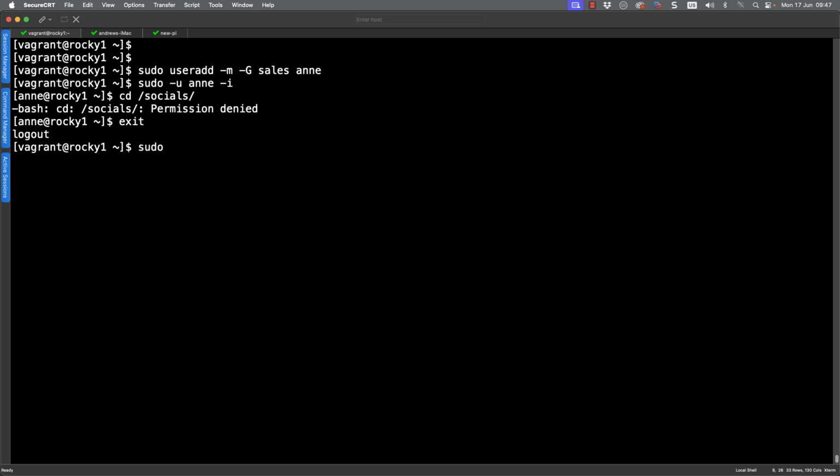So if I get back to my Vagrant, the administrative account, I can set the access control list now to include a third group. Remember, we have the group owner, we have marketing listed in the access control list, and now we can go through and set sales. But of course, we can set the sales group with just read and execute, just the permissions that they need to be able to enter the directory and list the directory content.